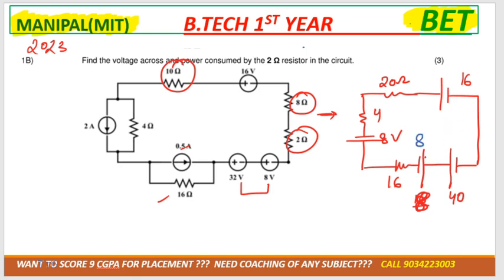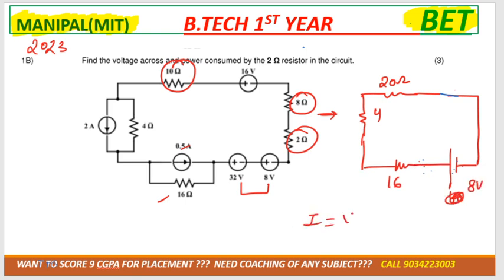Now you can see that this 8 and 8 are connected in series, so after solving it they'll give 16, right? Then after that you can see that 16 and 16 are also connected in series, because negative is connected with positive, and when negative connects with positive it is series. Then 32, right? Now 32 and 40, are they connected in series or opposing? Positive is connected with positive, so it is opposing, so that would be 8 volt.